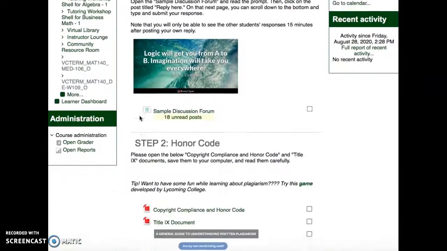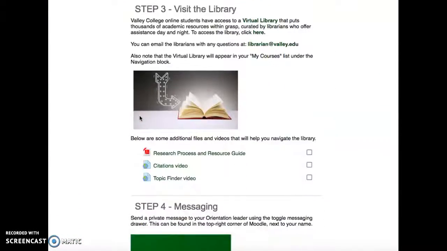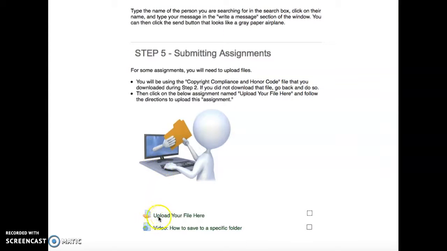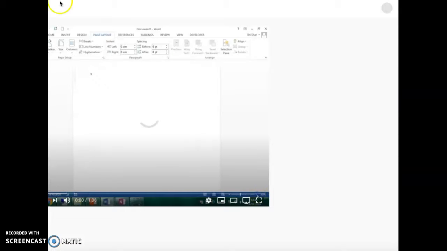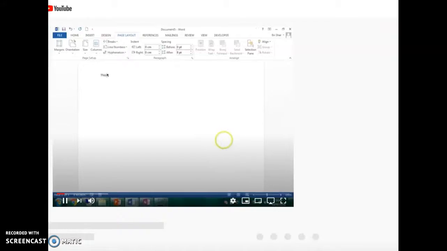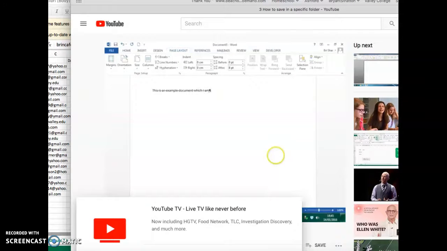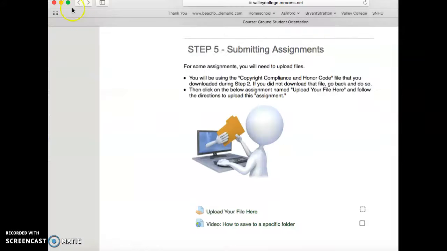Okay, so when you are inserting documents, submitting your assignments, look for this little hand here. Here's a little video that will actually be helpful. Let me click on here. And it's a video on how to save your documents. Okay, so that's a video that would be very helpful for students here. Okay, but let me just go back. Okay, so this is showing you how to save your document, and then here